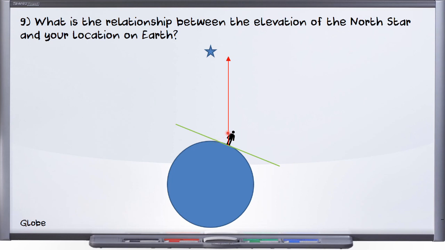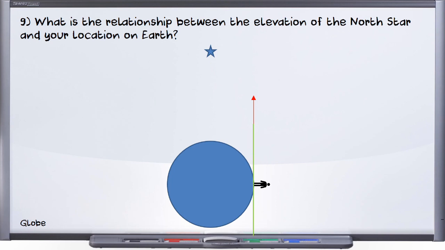The North Star gets closer to the horizon, and that should continue happening as you go further south until you hit the equator, at which point it's going to hit the horizon. And if you go past that, you won't see it anymore. And the interesting relationship we should get, because we are saying that the North Star is actually light years up off the top of the screen, these lines point straight up. They don't point at an angle up to the North Star, they point straight up. So we should get a relationship where the angle of the elevation of the star is equal to the angle